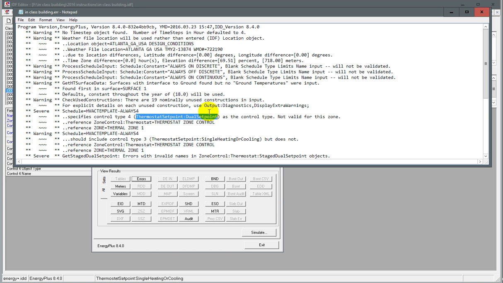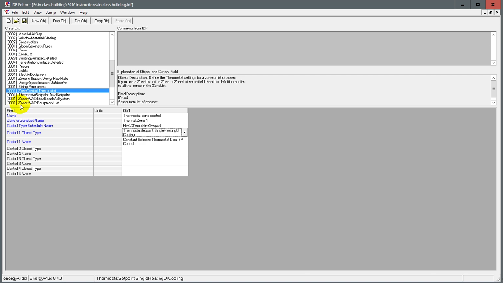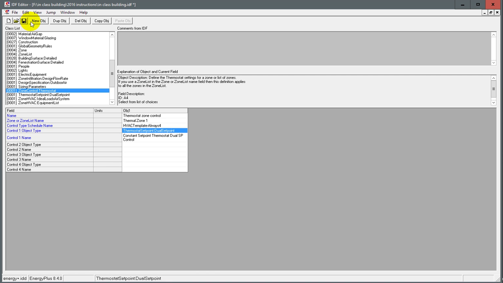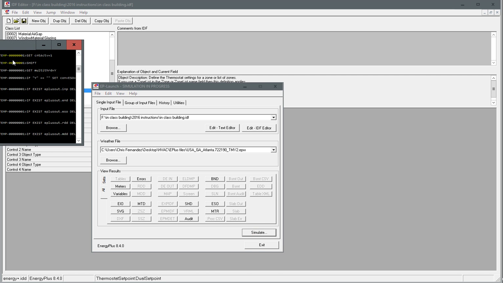So it shows here, zone, thermal 1 zone, so the problem's here, zone control thermostat. So you go back here, zone control thermostat, zone 4, you count down, 1, 2, 3, oh, I picked the wrong one, so dual set point. Save, and then simulate,